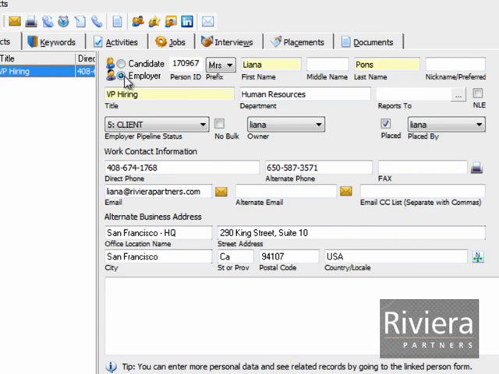And we want to also include a nickname. So if this person likes to go by another name or a preferred name, we ask that you enter that name there. Of course, the title of that person. So this is important because it will enable us to determine if this person is a decision maker in the company or not. The department, of course, and